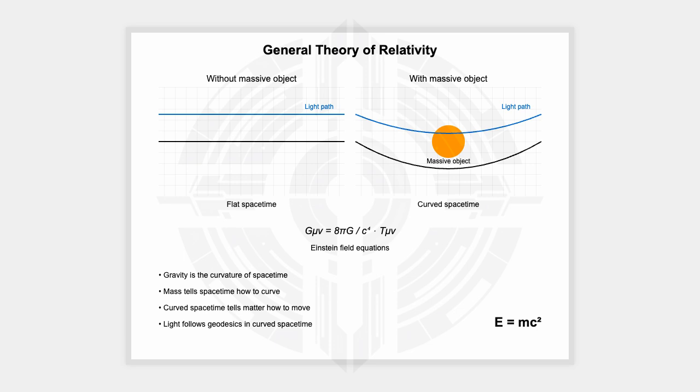What other mind-blowing predictions came out of general relativity? Well, there's the existence of black holes, regions of space-time where gravity is so intense that nothing, not even light, can escape. And then there are gravitational waves, ripples in the fabric of space-time itself, caused by some of the most violent events in the cosmos. Gravitational waves. Those were actually detected recently, right? That was huge news.